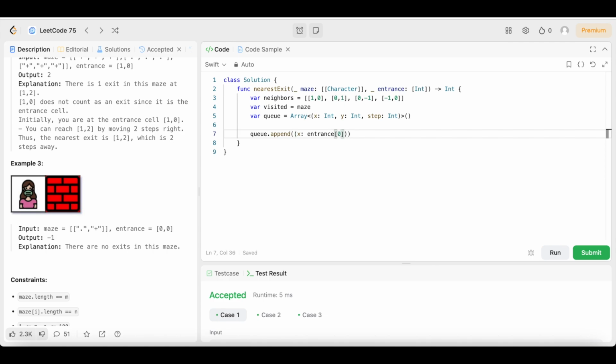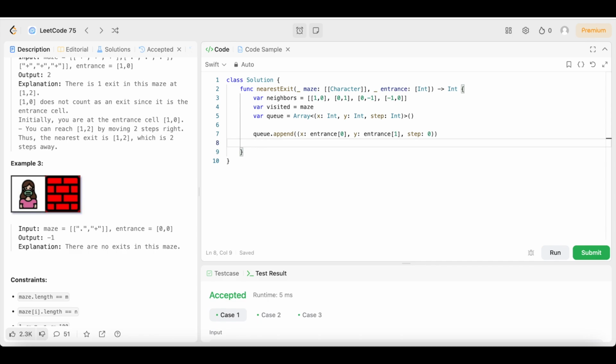index 0. Then we're going to come over here, do the same thing for y, except this time we're going to say y colon entrance, and we're going to say index 1. Then we're going to come over here and we're going to do one more time. We're going to say step colon 0. Then after that, we're going to come down here. We're going to say visited entrance